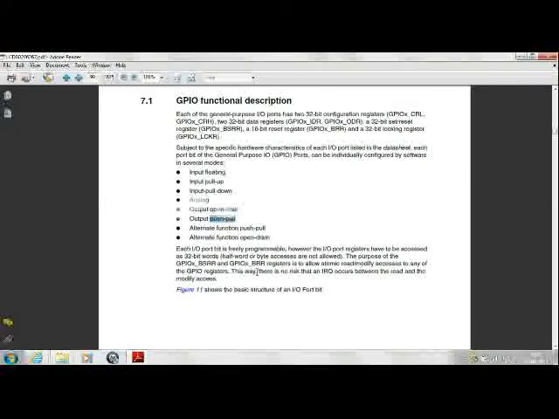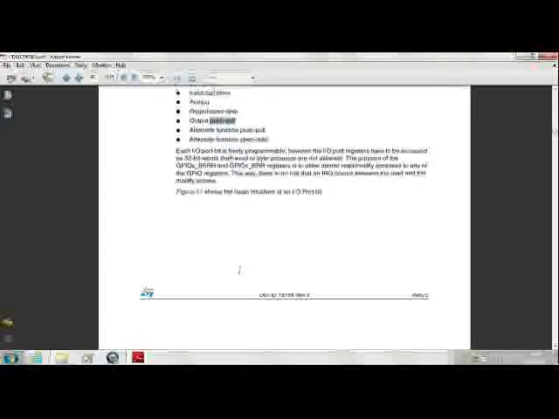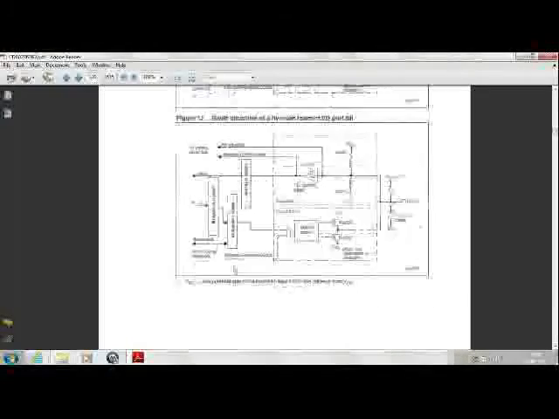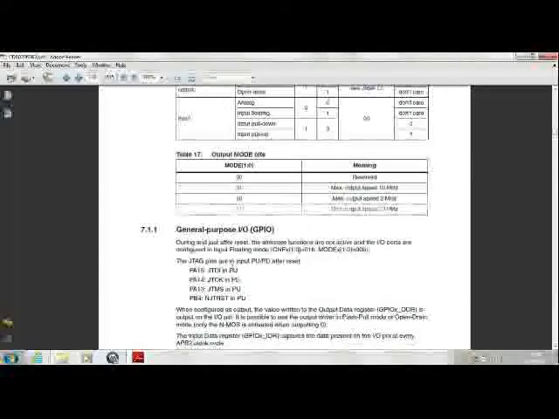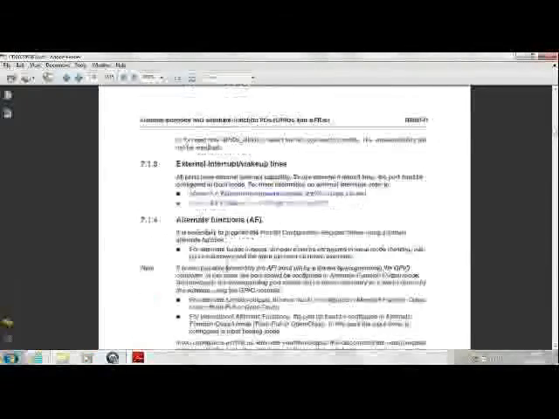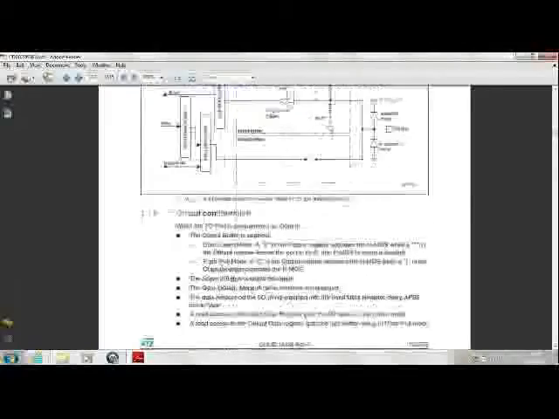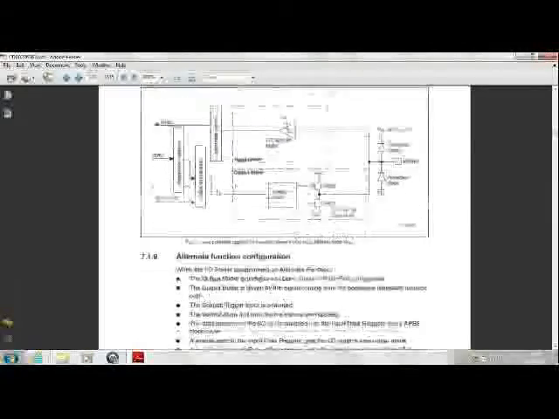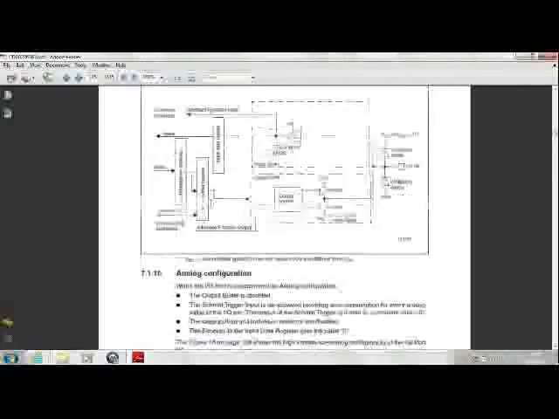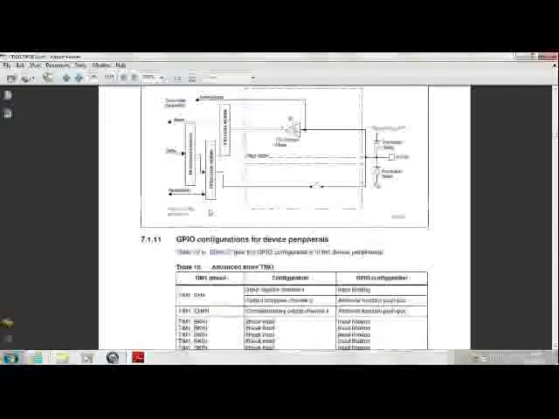Also a point to note is that every bit is freely programmable, and the bit set reset and bit reset registers are provided for atomic access to your GPIO pins. This will enable you to avoid disabling interrupts when you want to access the port. This will come a little later. We'll go directly to the GPIO part, the general purpose IO, because that is what is required for our programming right now.